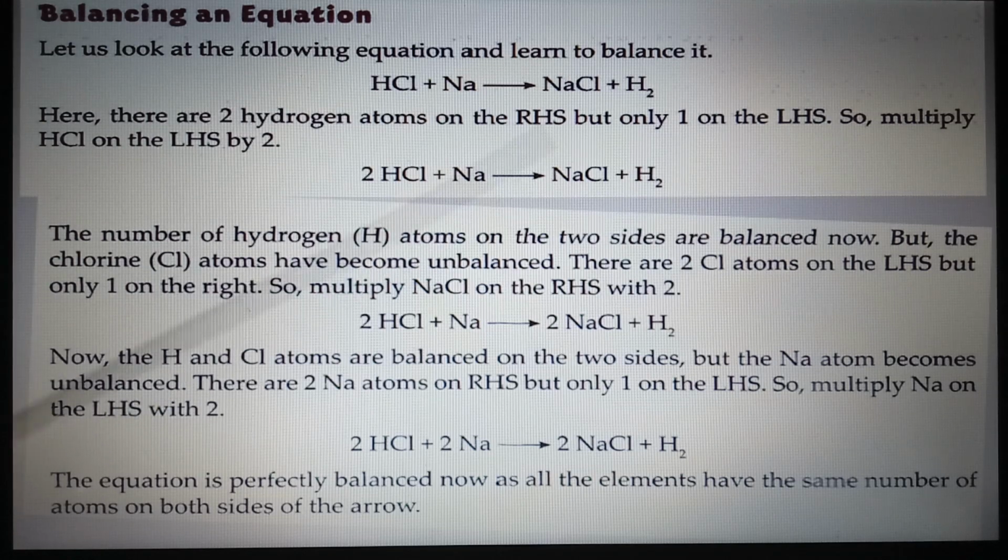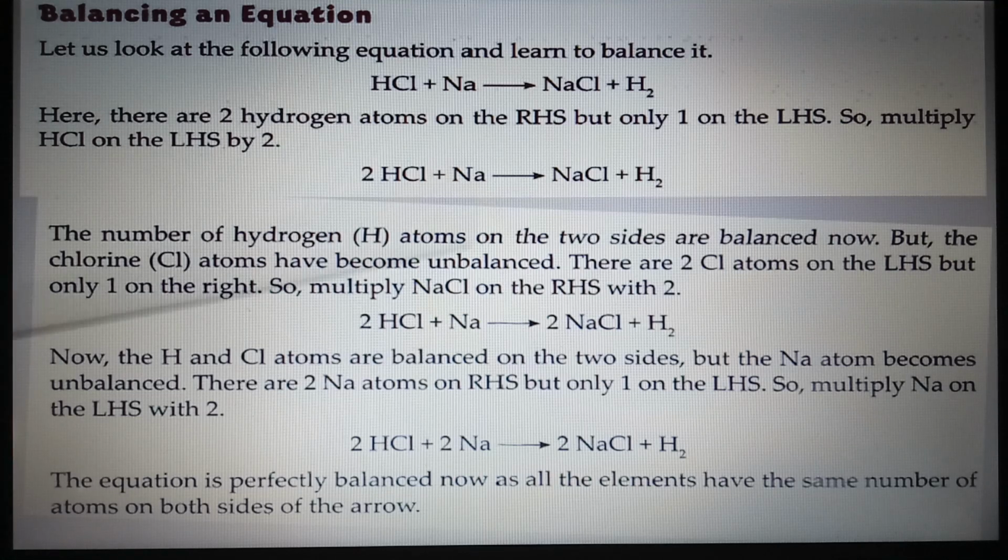This arrowhead separates the left hand side and right hand side of the chemical reaction. So because of this, hydrogen you have balanced, and chlorine also received 2. So chlorine is also 2, but sodium is again 1. For balancing this, again we have to put 2 here. Hence we are putting 2 here, because of which sodium becomes unbalanced and we put 2 here. So this is the way we have to balance the equation on the left hand side and right hand side. That is very necessary.